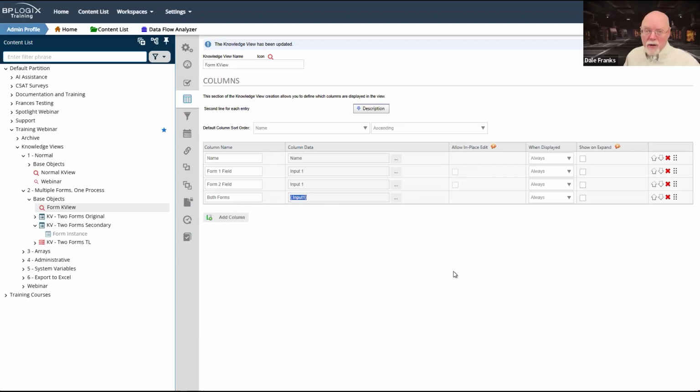Right now, during the design phase, Process Director doesn't know what that system variable is. It's not evaluating it yet. So as far as Process Director is concerned, this is not a form field. Now, it may very well be a form field, and you and I understand it to be, but Process Director doesn't. It won't really know what this is until the knowledge view runs, and it evaluates that system variable. Only at that time will it recognize it as a form field. But of course, now it's too late because I can't set it up for in-place editing.